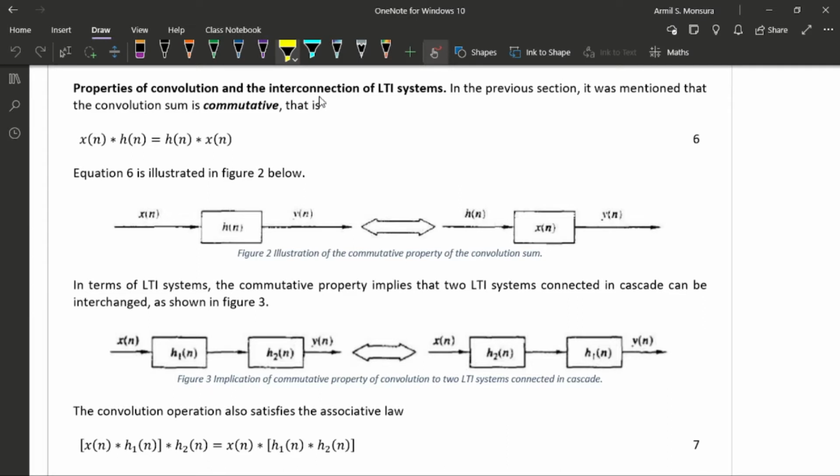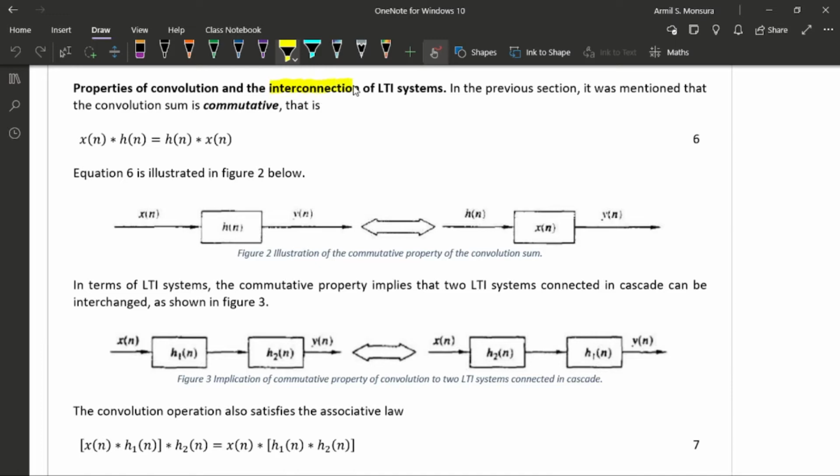simplifying some of the operations when you are implementing your convolution sum, like what we did in the previous example where we used the commutative property of the convolution sum to choose which signal or which sequence must be time folded and shifted, in which we chose the one with the simpler form so that our summation operation would be simpler also. So aside from that, the properties of the convolution sum are also useful in simplifying